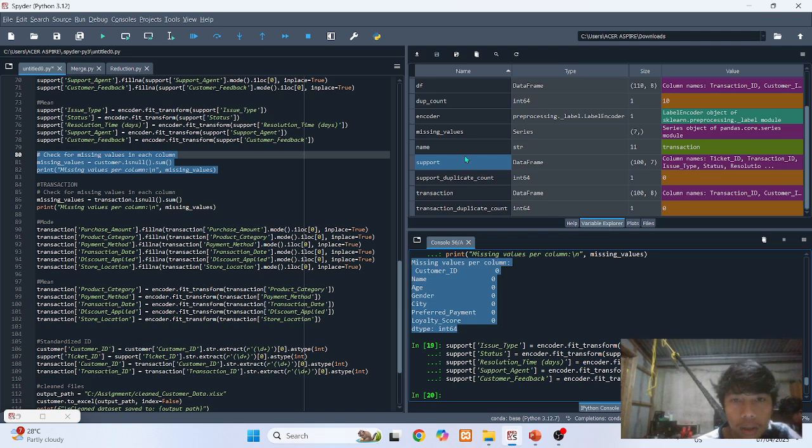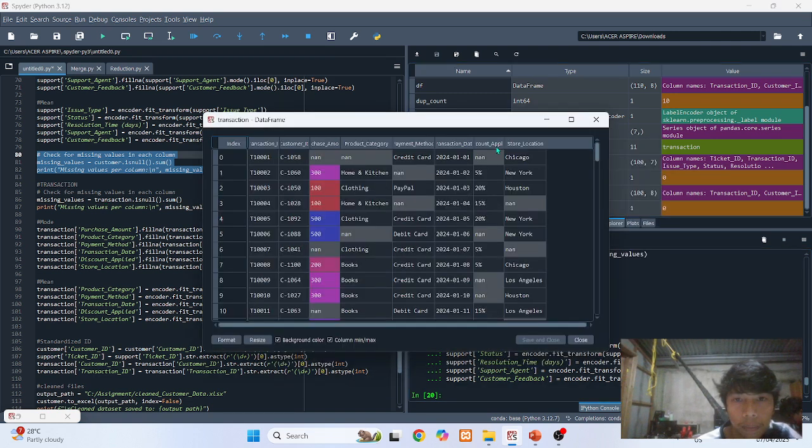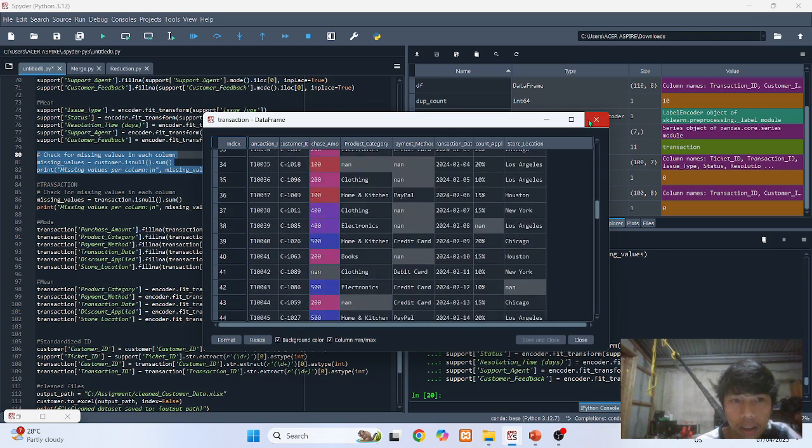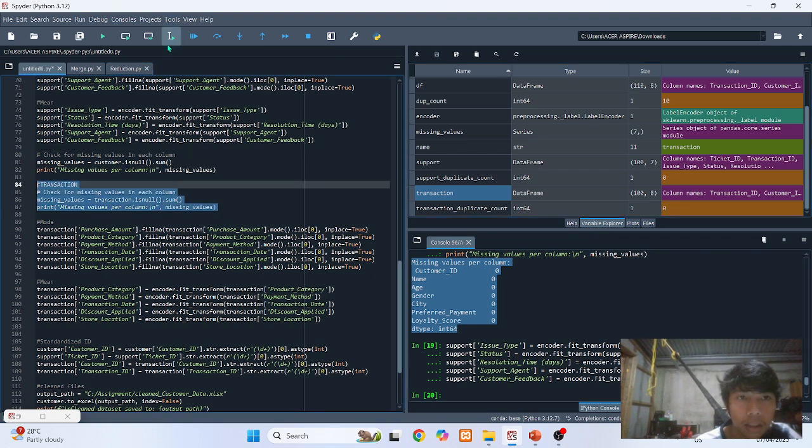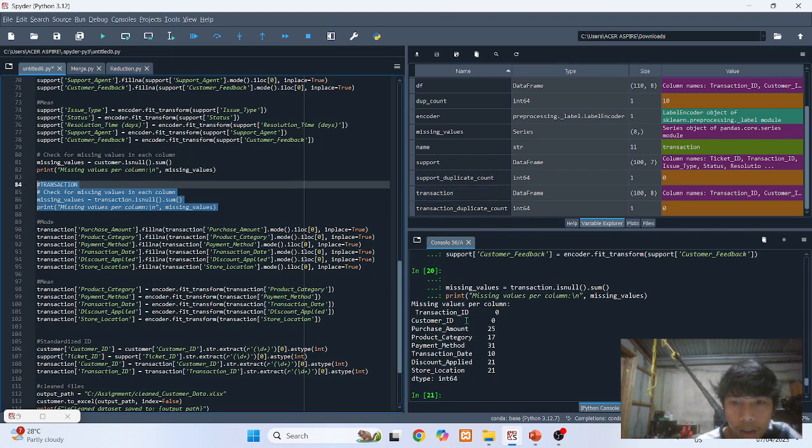Then for the last dataset, the transaction dataset, as you can see, there is missing data in this dataset. So we're going to check the missing data. As you can see on the screen, the purchase amount, product category, payment method, transaction date, discount applied, and store location have missing data.